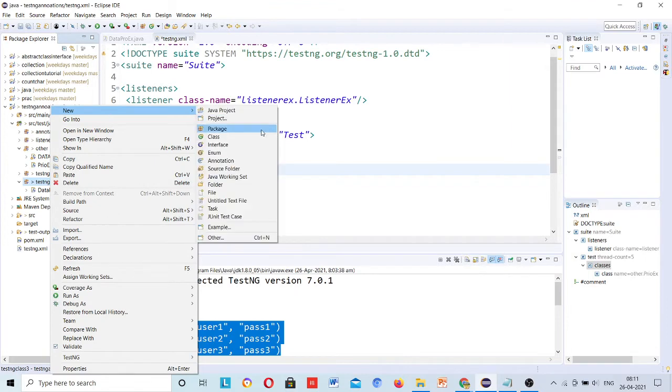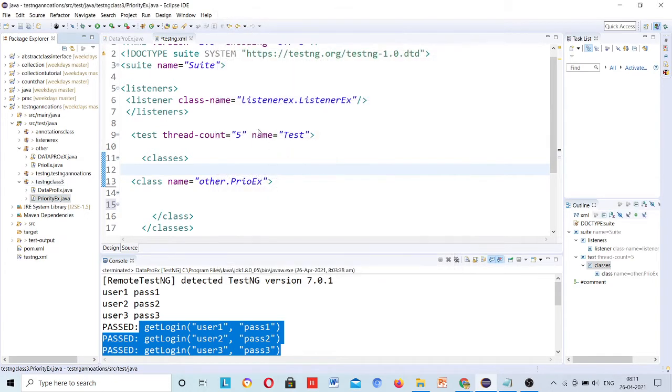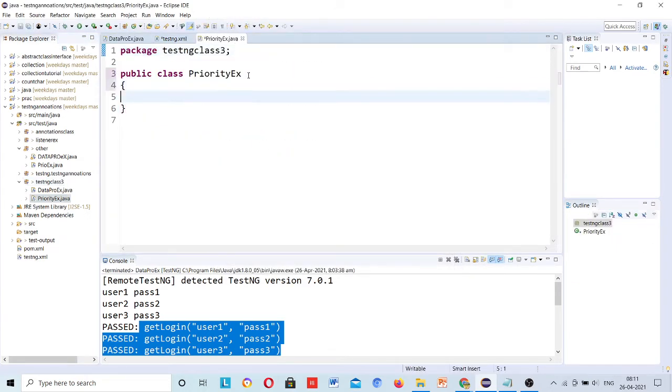Now I'll come to this priority example. I will create three methods. You can mute yourself if you have not any question. Void m1. I will create three methods.